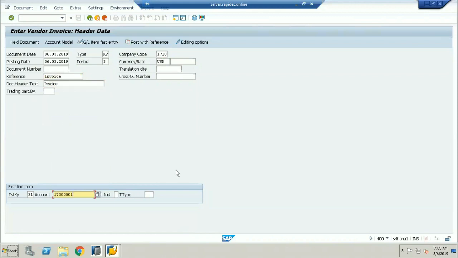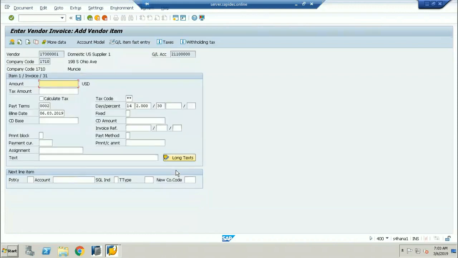This is the vendor account, the same vendor account. I've done the changes. See here, now automatically the system has taken 002, because the payment term is getting picked from the vendor master record. So automatically you can see here. If I go into this particular payment term,